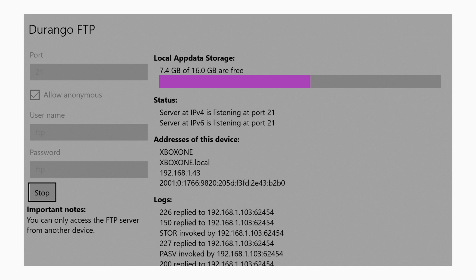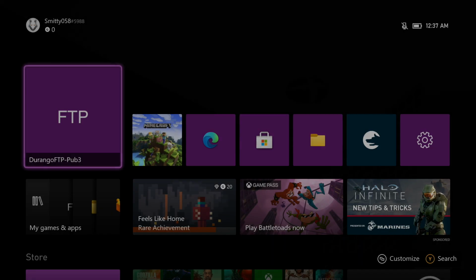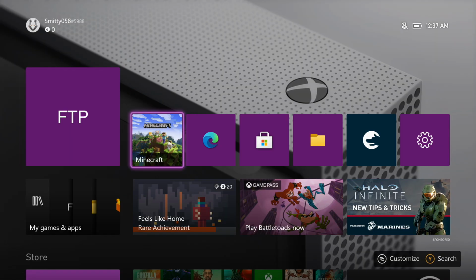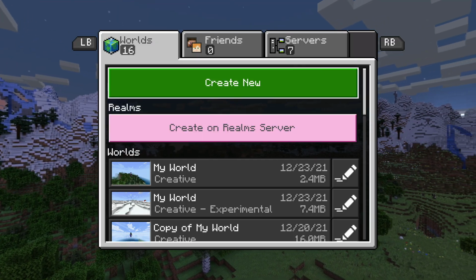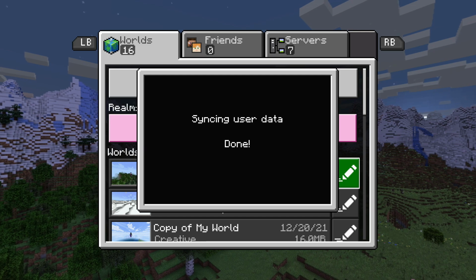The server still says it's running, so you want to go ahead and press stop, and then after you press stop, you can go ahead and just completely quit out of the FTP service right here, and you want to go ahead and start up Minecraft completely fresh. Make sure Minecraft is completely fresh, a fresh new start. It's not already opened. Quit it, open it up,